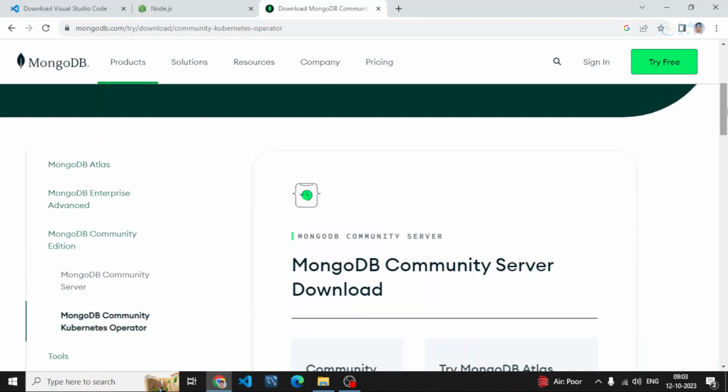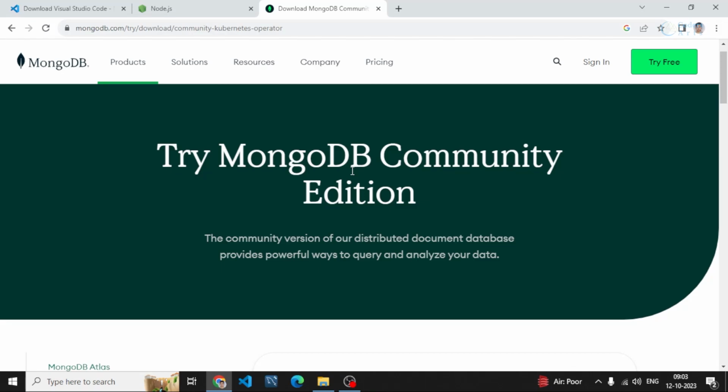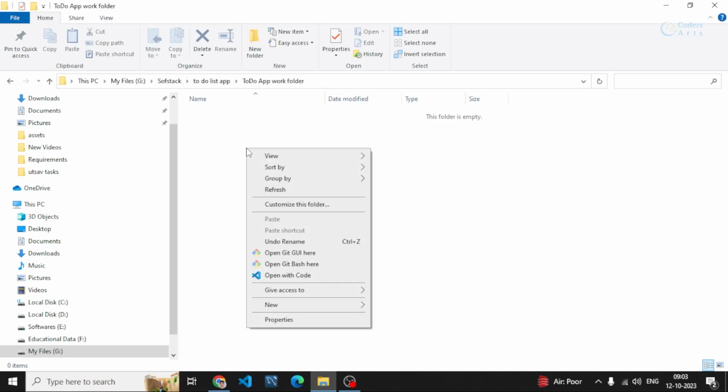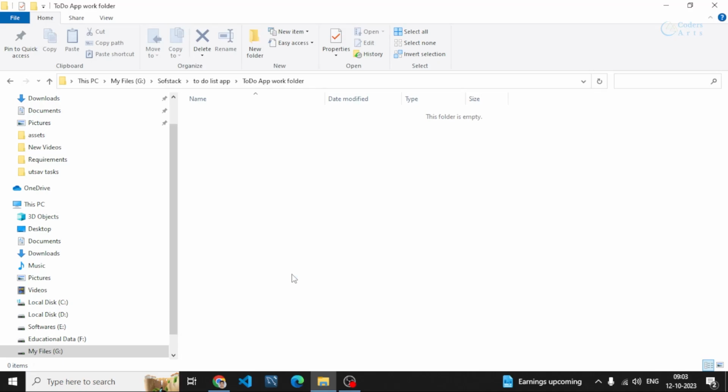After all the installation is completed, you can decide the directory in which you will be working or creating your basic project. In this, I have decided to work on this folder, and now you can open this directory in Visual Studio Code by going into Visual Studio Code or by right clicking on the folder and choosing the option called Open with Code. You can click on that, and then